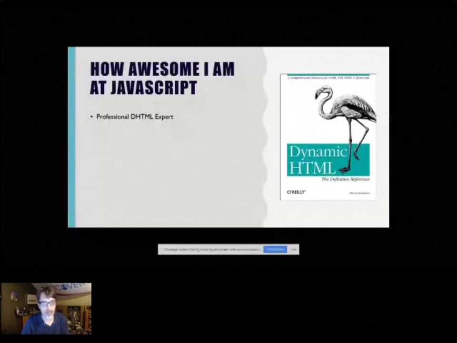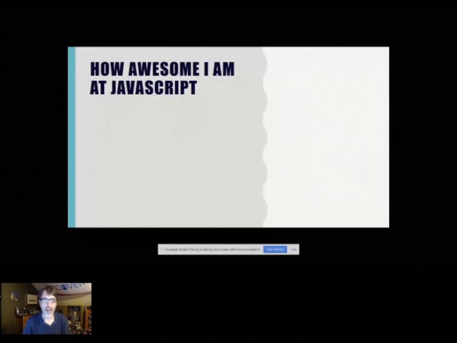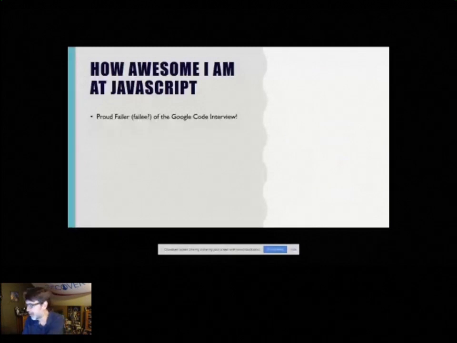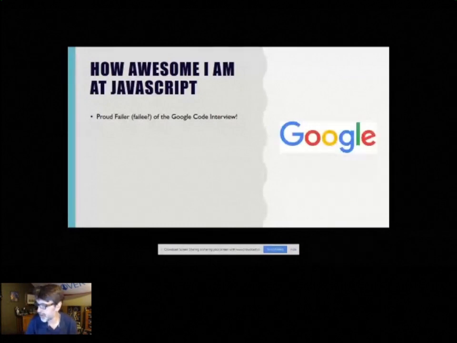When I was being really fancy, I would do those nice little rollover menus where something would drop down, and for the really complex enterprise menus, multiple layers of flyouts. That was me. And I got even better. More recently, I'm proud to say, I have failed the Google code interview, not once, but twice, mainly because my skills at writing a Sudoku solver apparently weren't quite up to snuff. Instead, I focus on teaching and educating and sharing knowledge and not writing Sudoku solvers. But I'm not bitter, I swear to goodness.